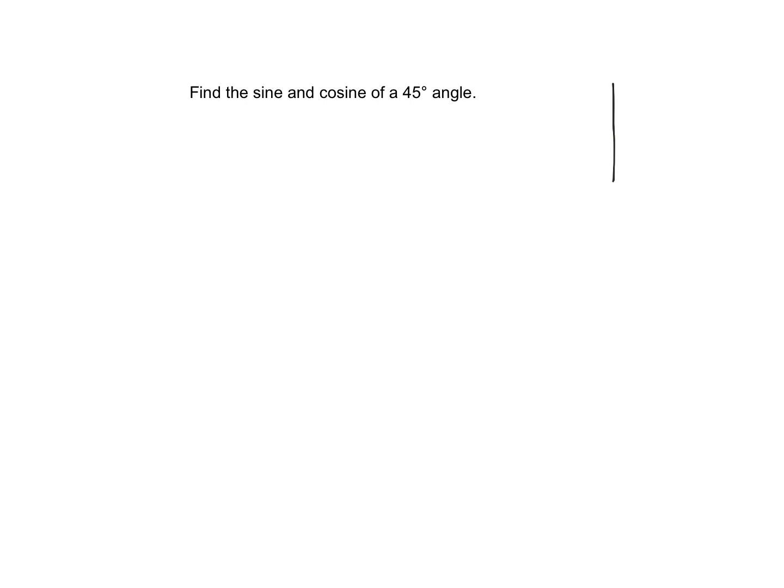So if we sketch a right triangle and we have something that looks like this, if this is 45 degrees, we also know that this is 45 degrees because that will give us our 45, 45, 90. So if I label this triangle A, B, C, and I want to find the sine of angle B, which is my 45-degree angle. Now, with this, remember on a 45, 45, 90 triangle, my side lengths are actually 1,